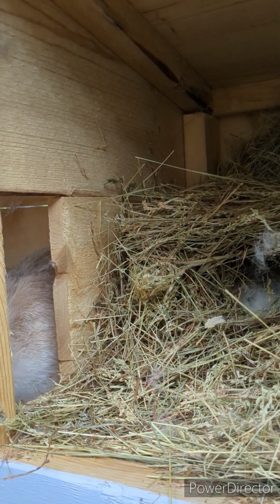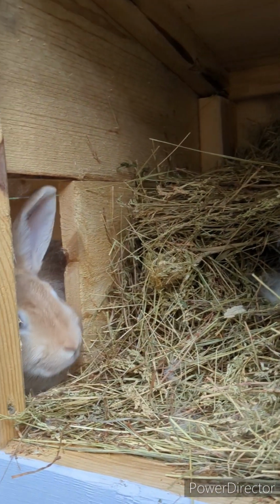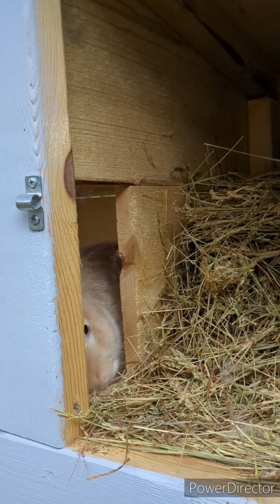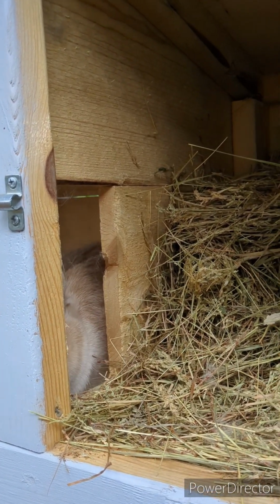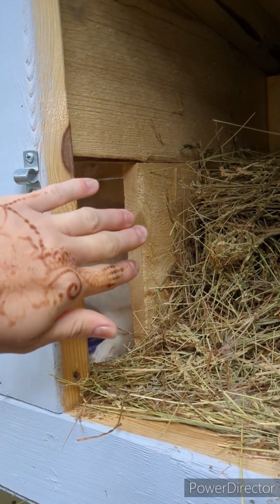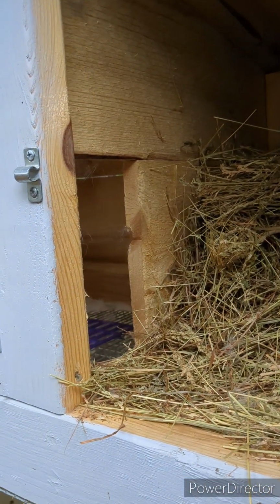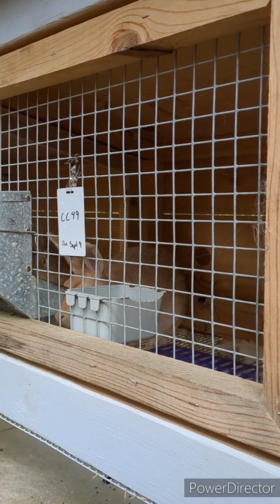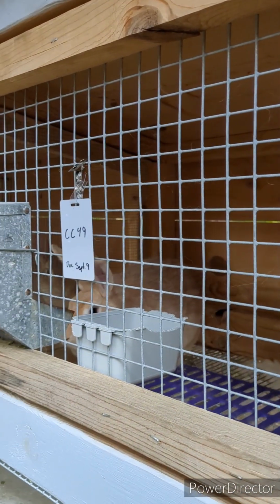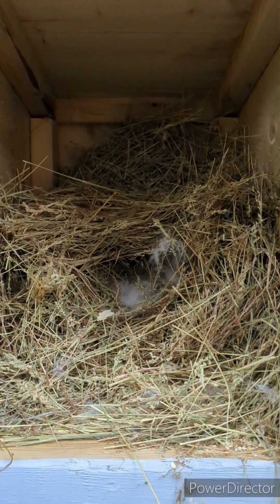I also wanted to mention that when I'm doing this, I'm very cautious around the moms, especially first-time moms. Sometimes they can get protective and act aggressively toward you. Sometimes I'll have to put up a board or something over here so that she can't see what I'm doing. But she did just fine. I just went very slow and made sure to watch her body movement and body language so that I would not get hurt. But everything went smoothly, and hopefully the babies will stay